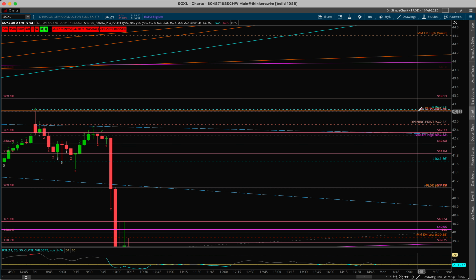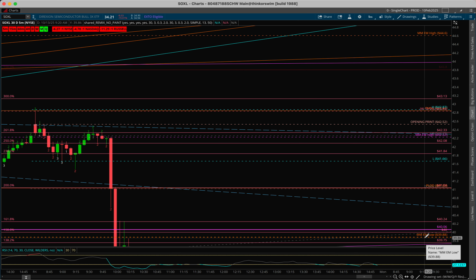So we do have the overnight high and previous high of day right here around this 42.87 level. The overnight low was 41.66, and the previous low of day was down here around 41 flat. We have the honorable mentions here of the market makers' expected move high right here of 42.22. That was the expected high for the week. The market makers' expected move high for Friday itself was 44.46,